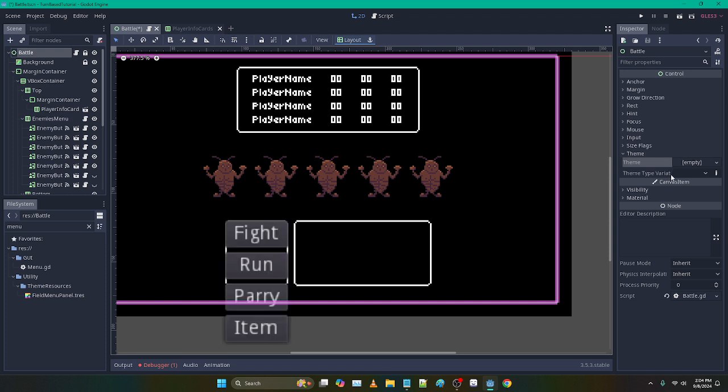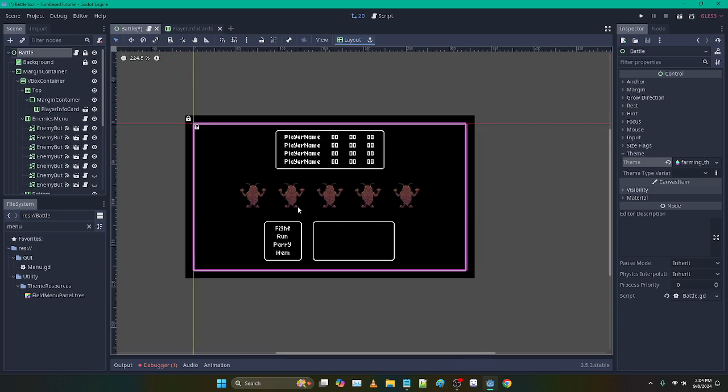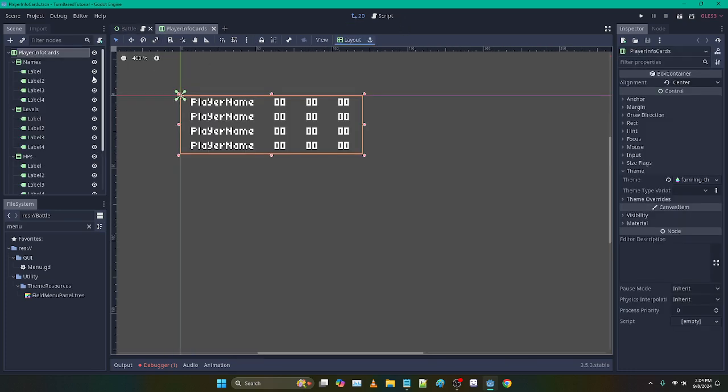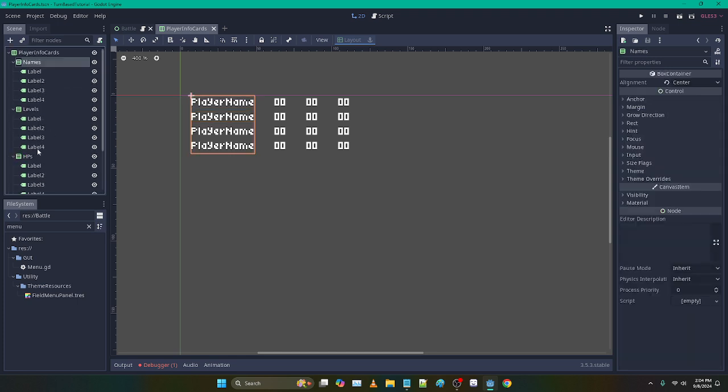I think that's how it works by default. You can see how everything changed, right? So these don't have their theme set individually, but this does. That's why I kept it. But we're going to put that back. Hopefully everything stays the same. Alright, so we have player info cards, and what I'm going to do is totally